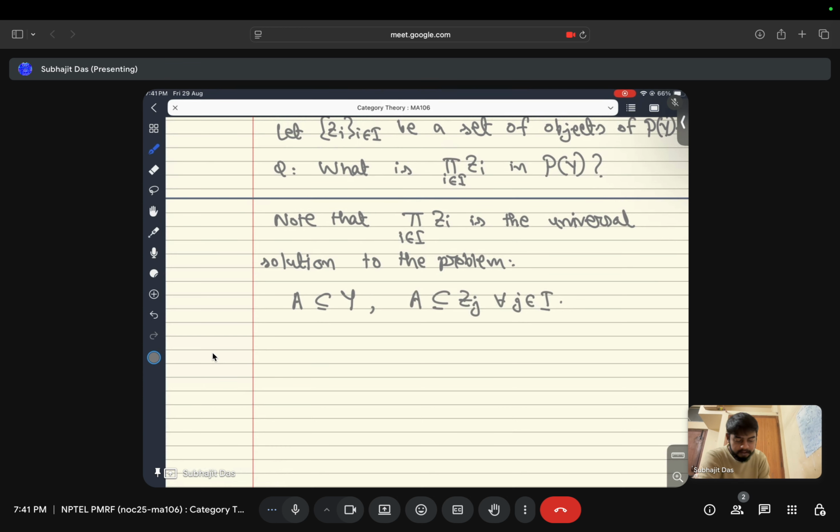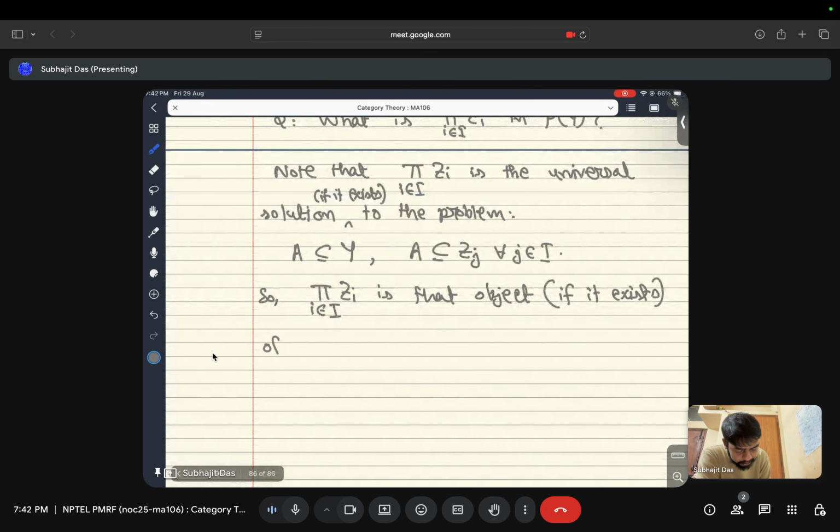So the product ∏ Zi, i in I, if it exists at all, is that object of PY, that is, that subset of Y, such that